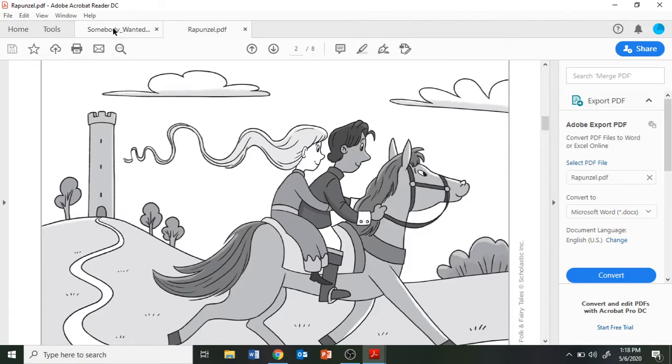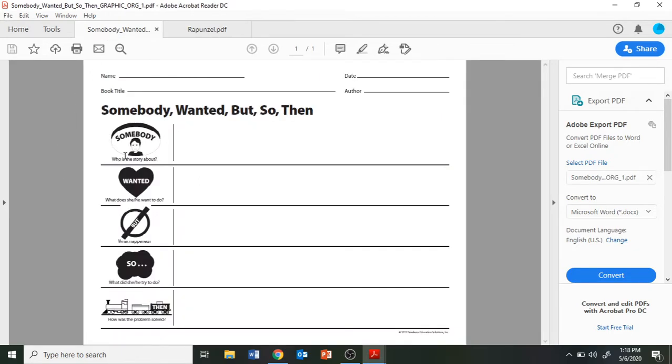All right, let's take a look back here, shall we? Who? Was the story mostly about Rapunzel or the witch? Yeah, I agree with you. It was about Rapunzel. What did she want? That was kind of tricky because it's not a right there question. It never says in the text exactly what she wanted, did it? It's one of those inference questions where you have to take what you know in your head with what you see in front of you. Could we agree that what she wanted was to get out of the tower?